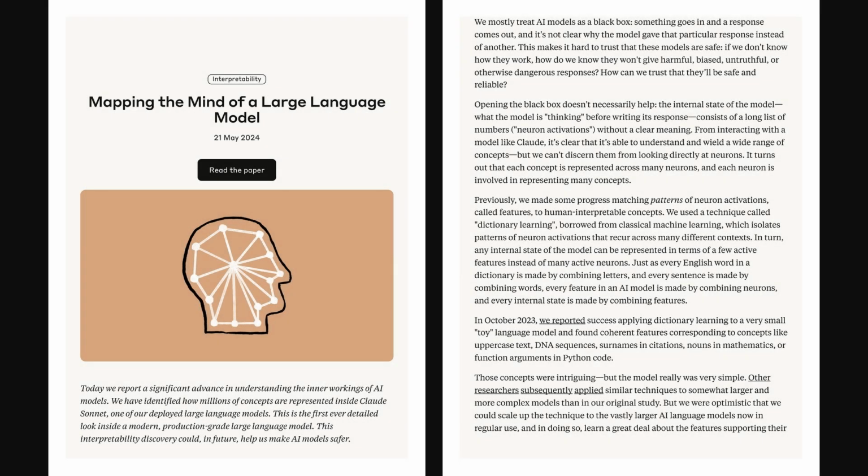So to wrap up, this research from Anthropic demonstrates a really promising method for peeking inside these large language models. Alright, dictionary learning allows us to identify these interpretable features, which seem to directly correspond to concepts and influence model behavior. This opens up exciting possibilities for improving safety and steering these models towards more desirable outcomes.